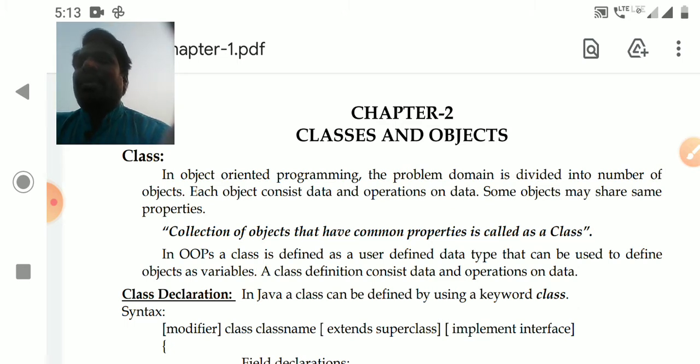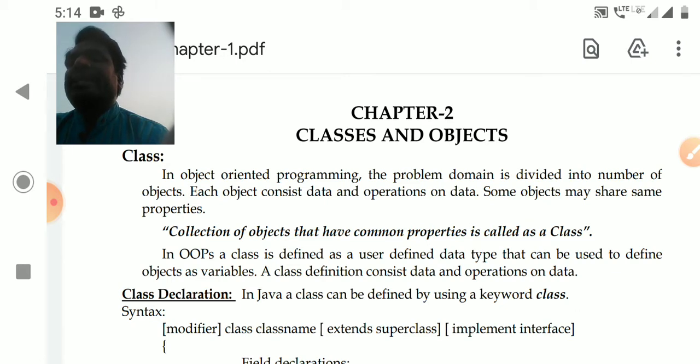For example, I want to develop a program for accepting students' marks and calculating the result of a student. We identify what the objects are. The object is student. What does that object contain? What are the properties of that object? The object student contains roll number, name, English subject mark, Telugu subject mark, math subject mark, physics subject mark, computer science subject mark. And every student has total marks and a grade like this.